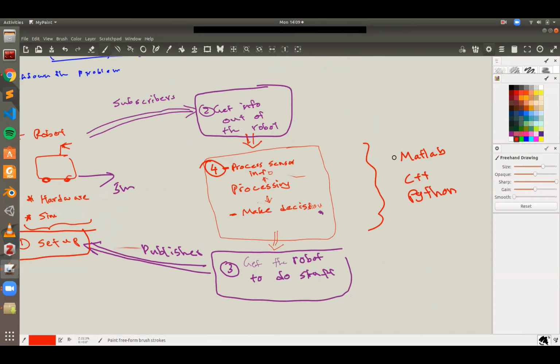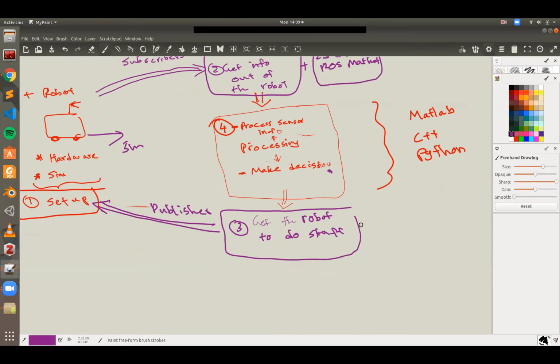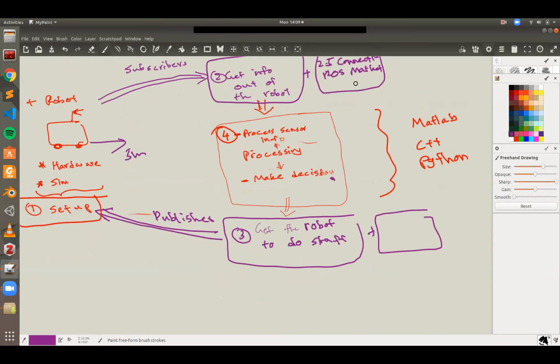If you're using MATLAB, for example, when you're subscribing to information and listening to information coming from the robot, you'll have to get that information to MATLAB. So there's a small sub problem associated here. I'm just going to call it 2.5, which is connecting ROS to MATLAB. And similarly in here as well, you have the same problem. But once you connect everything to MATLAB,